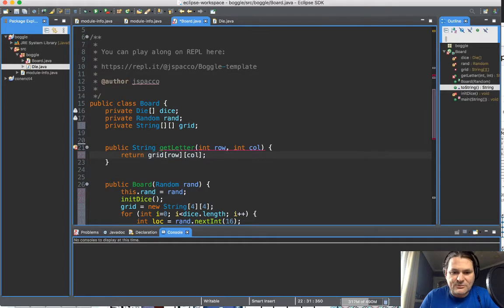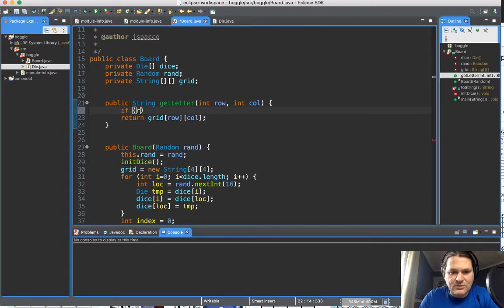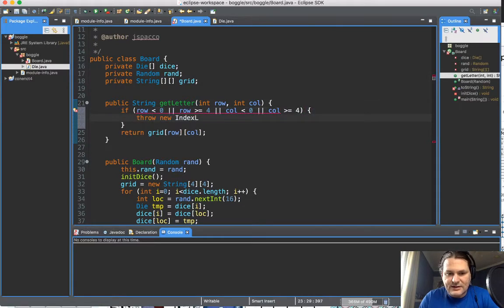Now I'm going to do everything in terms of this method. And the reason I want to do things in terms of the method as much as possible rather than in terms of the grid is that the grid is a 2D array, which is low level. This is a method. It's very elegant looking. But I can also put stuff in here like, okay, if row less than 0 or row greater than or equal to 4 or column less than 0 or column greater than or equal to 4, throw new index out of bounds exception,